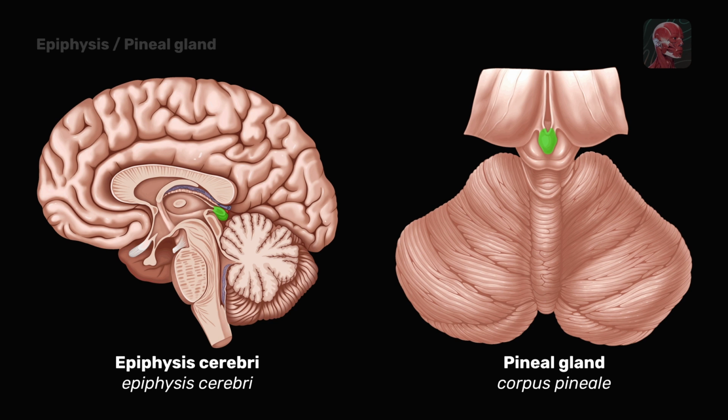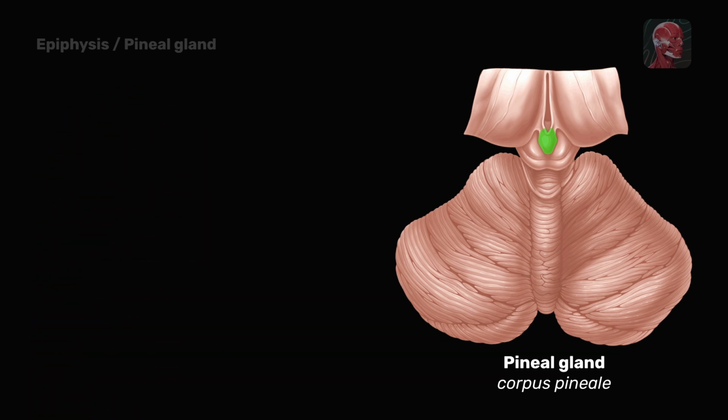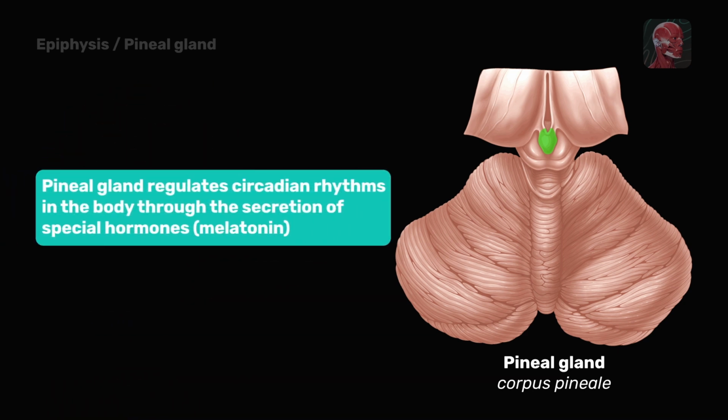In this video, we will discuss the anatomy of the pineal gland, also known as the epiphysis cerebri. The pineal gland is a neuroendocrine organ that is part of the epithalamus, one of the three divisions of the diencephalon, alongside the thalamus and hypothalamus. The pineal gland regulates circadian rhythms in the body through the secretion of special hormones, which we will discuss in